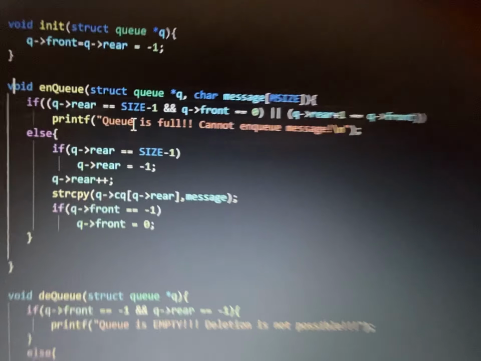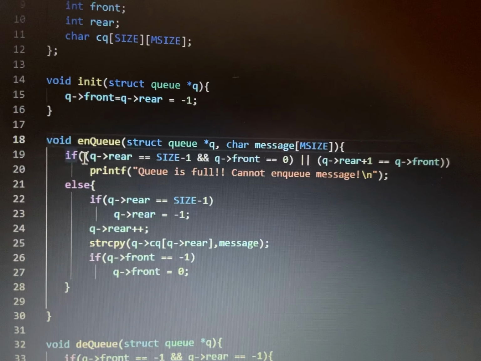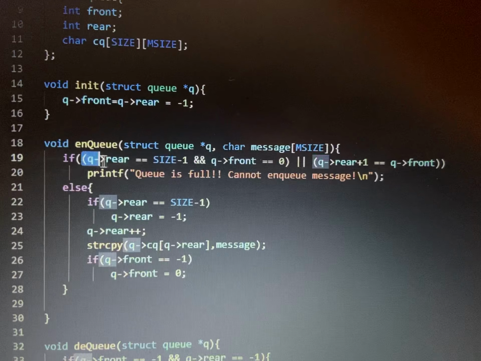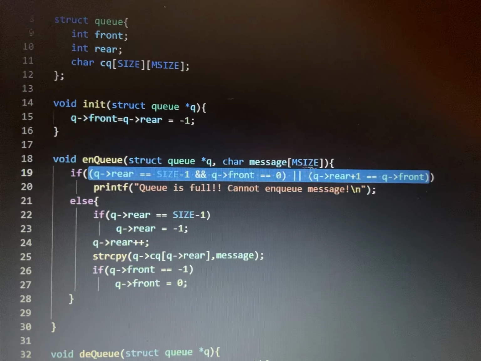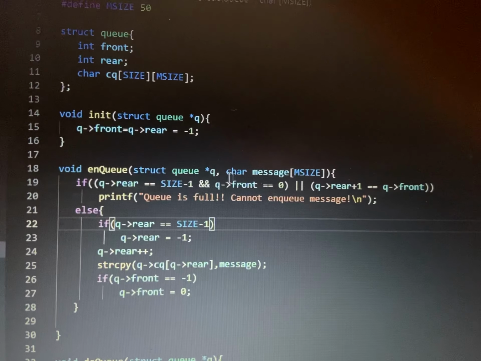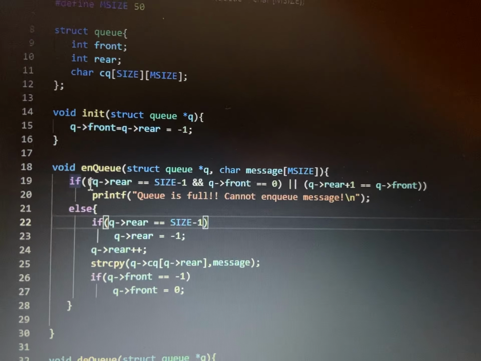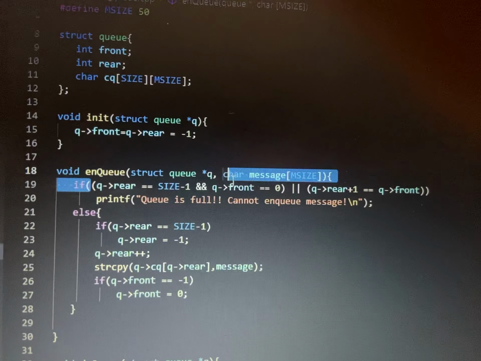So here, the enqueue operation is basically the same as sending a message. Before we send a message, the first thing that we'll have to check is if our messaging queue is full, that is, check for the overflow condition. In the case of a circular queue, the condition for overflow is either that Q rear is equal to